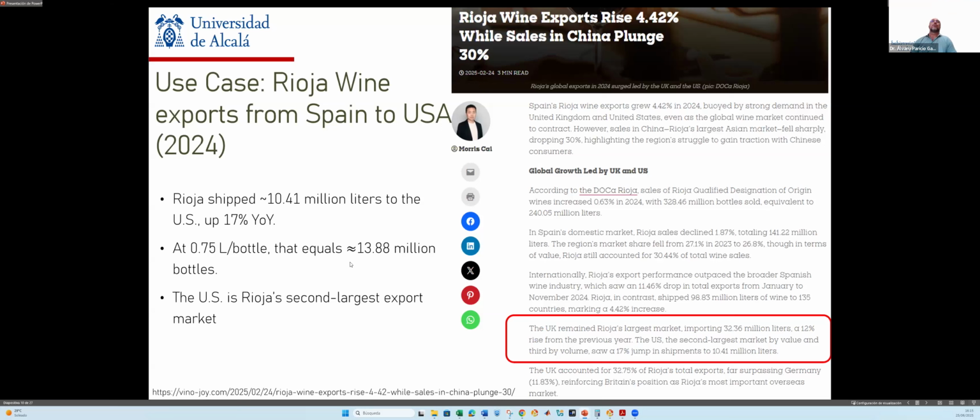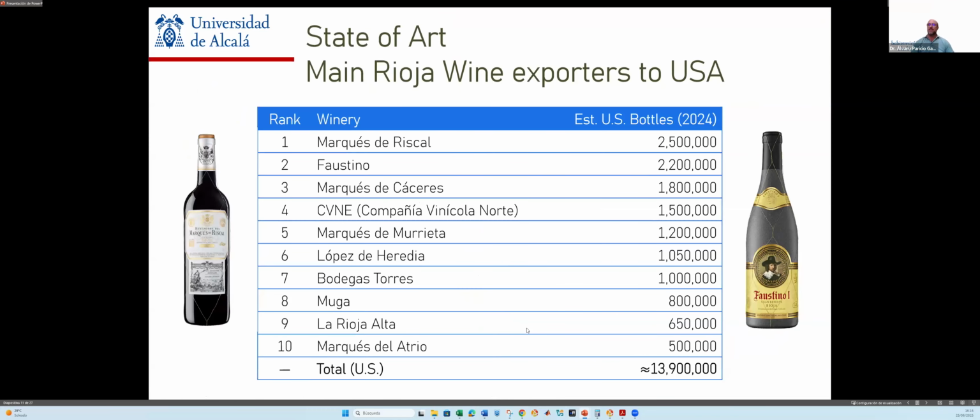It makes more than 13 million bottles, and the US market is the second largest export market for the Rioja wine. So it's really important. Changing the tariffs is not a game. It's about money. It's about what is impacting us. Of course, the first largest export market is the UK, but the second is the USA. So taking this into account,